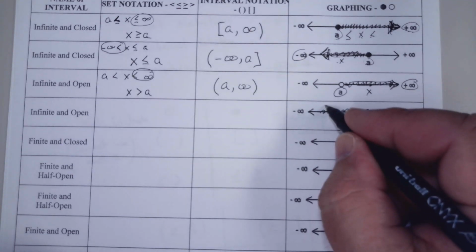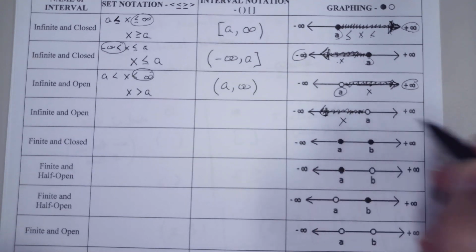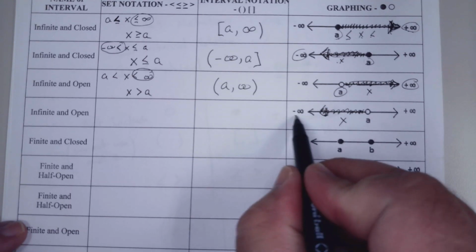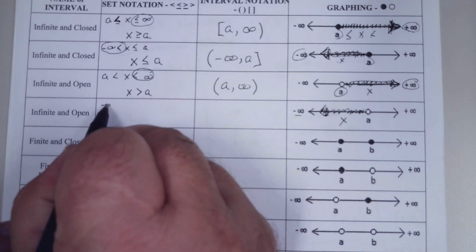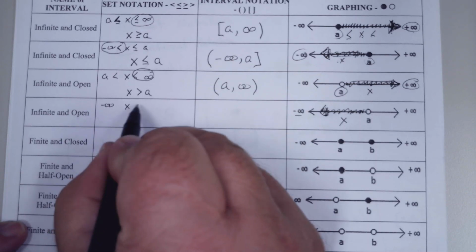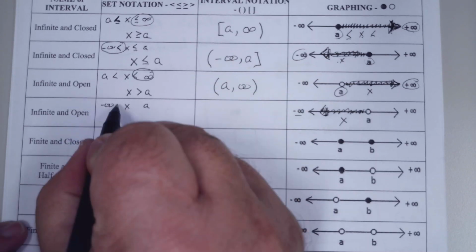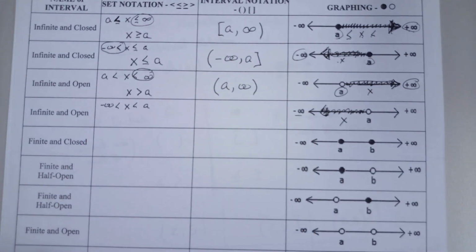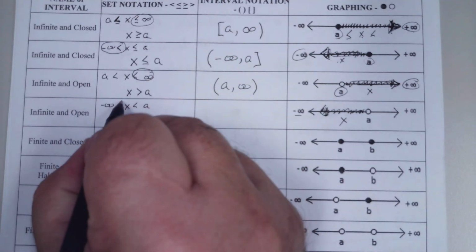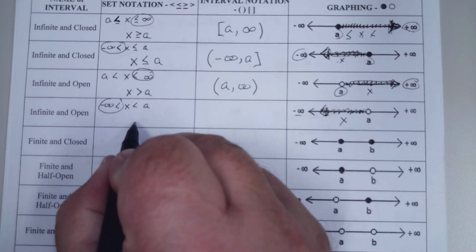Let's go from the left. These are my x's. I go from negative infinity through x all the way to A. And these symbols are always inequalities. But again, this is redundant, so